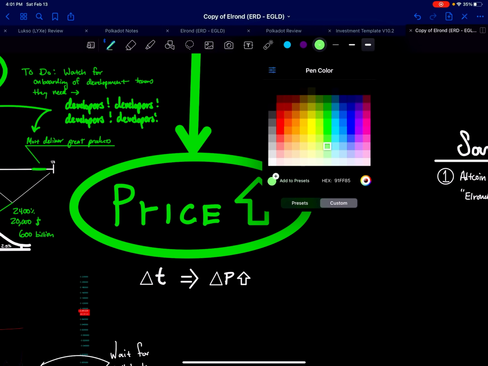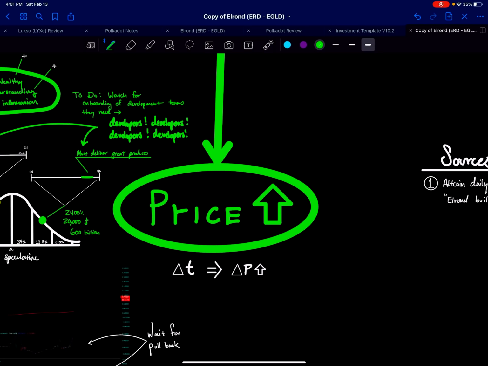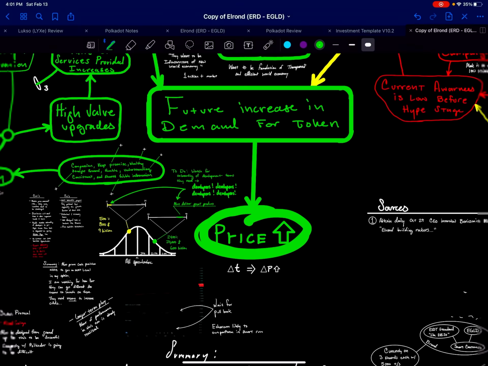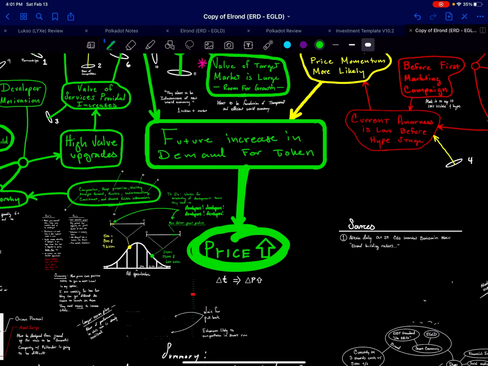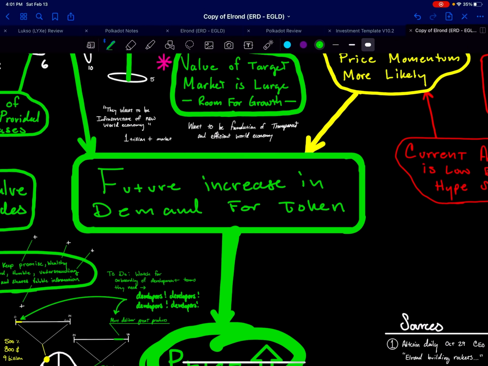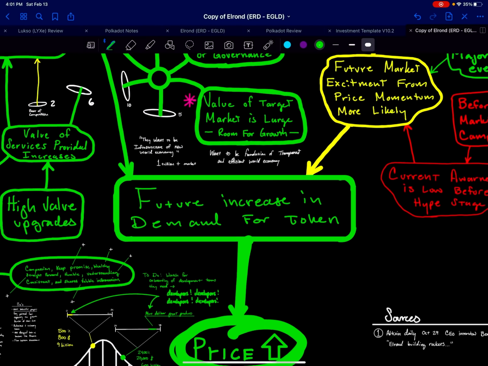So I do expect this thing to perform. Let me put this on the largest setting. Okay, I expect this thing to perform in the long run. I'll get to the summary at the end, so you guys can skip to that if you want, but I'm going to go through each and every detail right now.